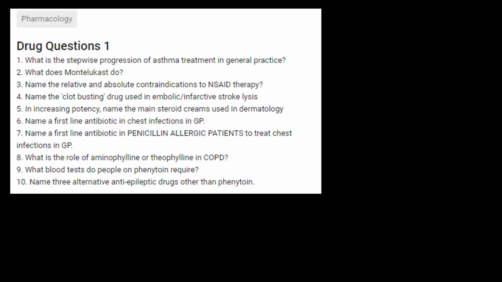So our final question: name 3 alternative anti-epileptic drugs other than phenytoin. There are so many anti-epileptic drugs across the world. We should go by their generic names, but if you're prescribing them, you should prescribe drugs with their actual brand name. So if you're thinking about things like Keppra, which is levetiracetam, and Epilim, which is sodium valproate, but there